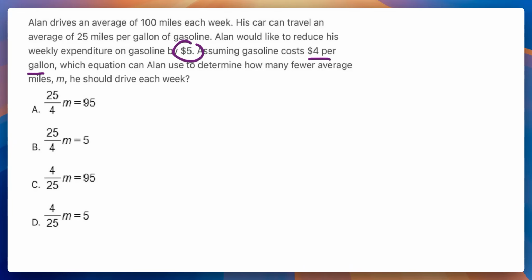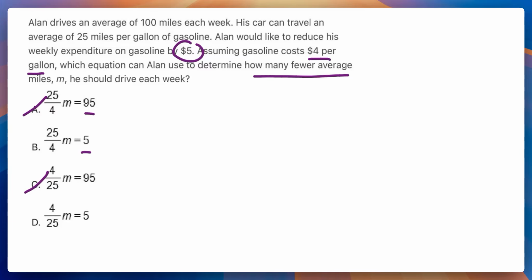drive each week? Okay, so if we look at these answer choices, we can see that some of them are equaling 95 and some are equal to 5. Now we're looking for the number of miles that represent what he wants to decrease by, because we're looking for how many fewer miles he should drive in order to save that $5. And so that should be equal to 5, because we're representing how much savings he wants, how many miles to get that savings. So we can get rid of answer choices A and C, and then we're left with B